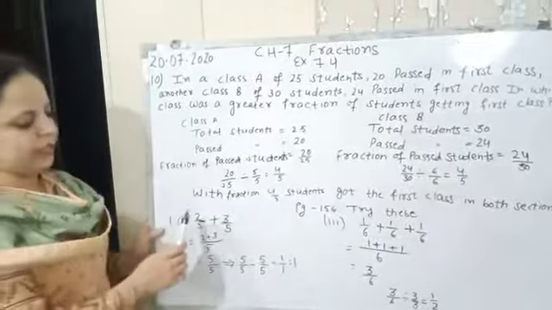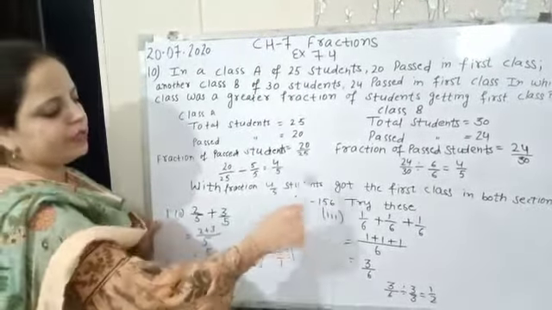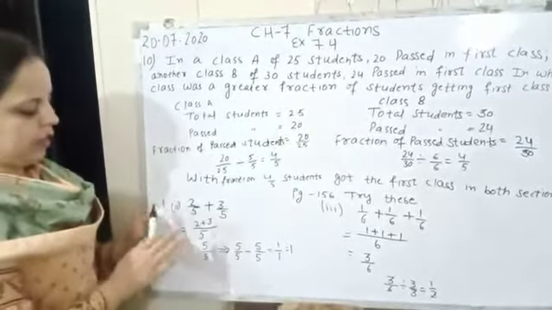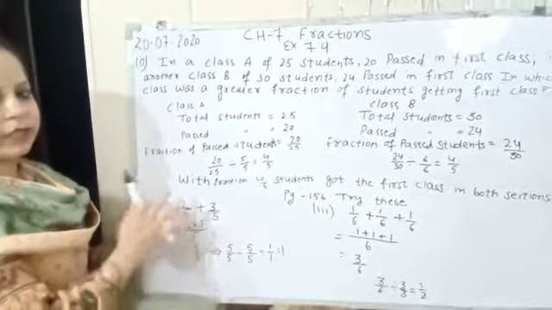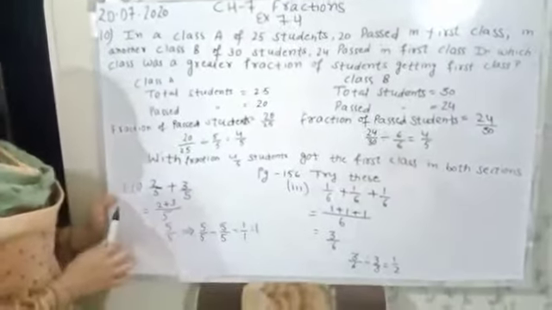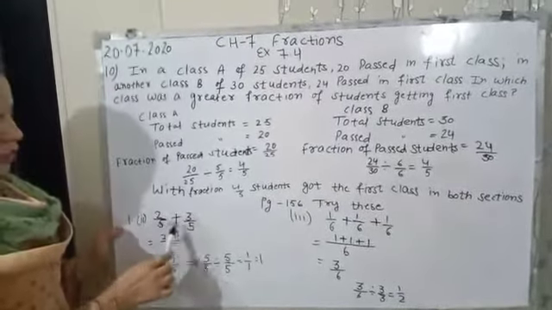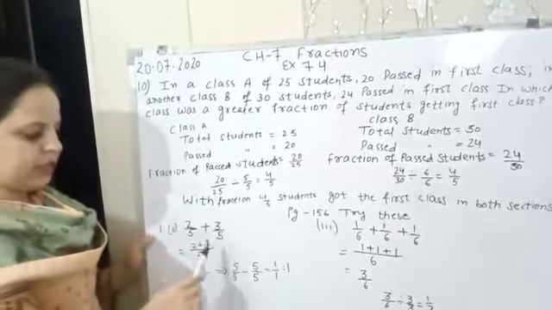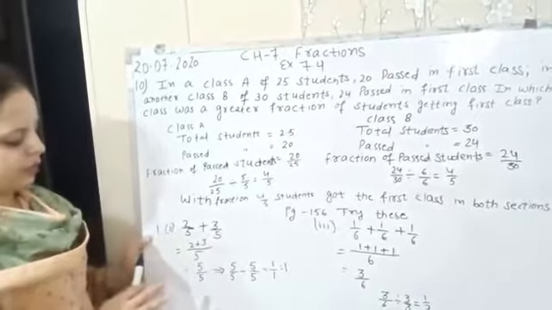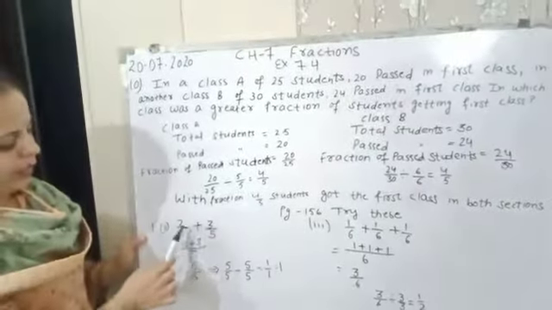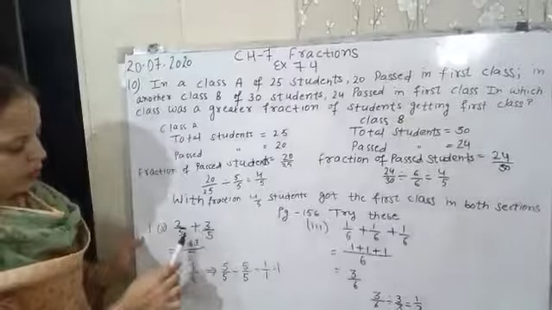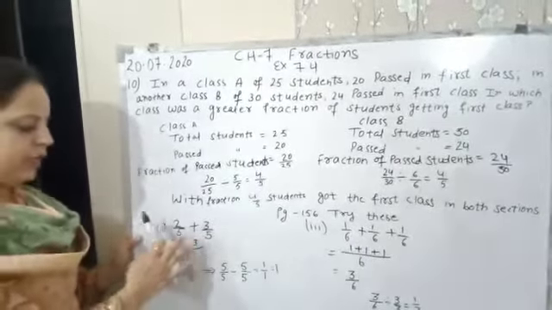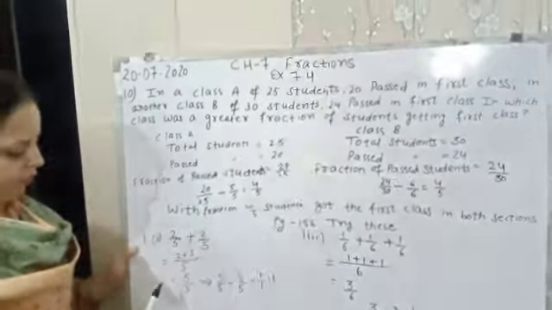Now the next question, that is the Try This of page number 156. Its question number 1 is 2 by 5 plus 3 by 5. As we know, when denominators are equal, those fractions are like fractions. Here denominators are the same, so no need to find the LCM. These are like fractions and we will now add these like fractions. When denominators are the same, then this denominator becomes our LCM. No need to find the LCM. You can directly take that value as 5.